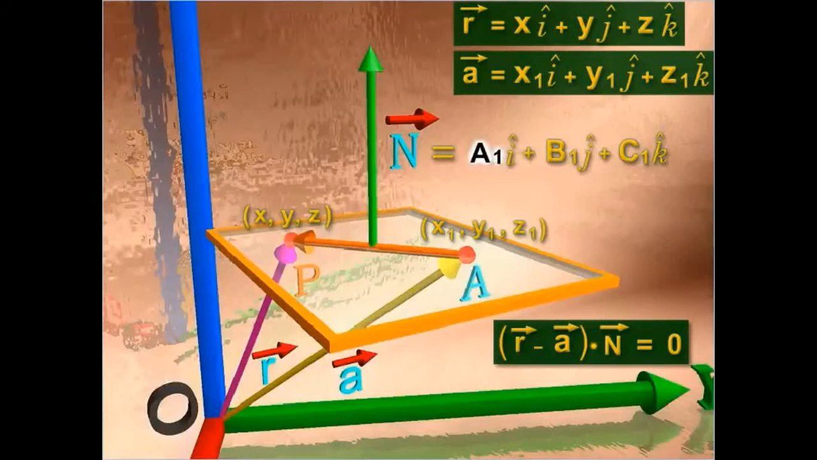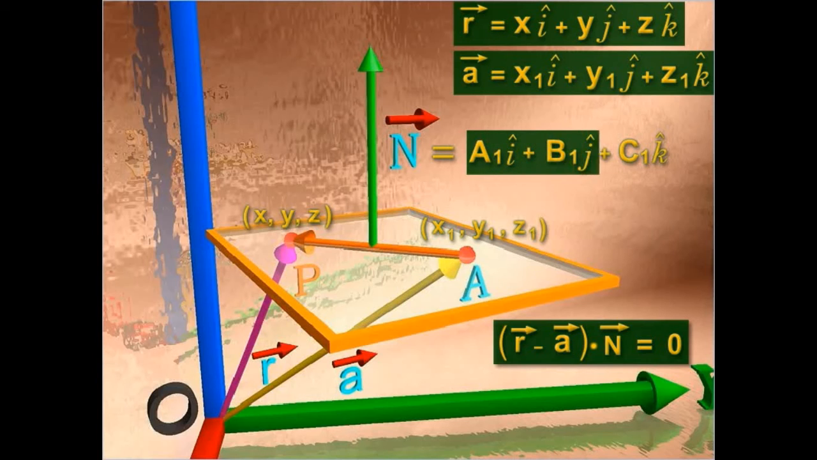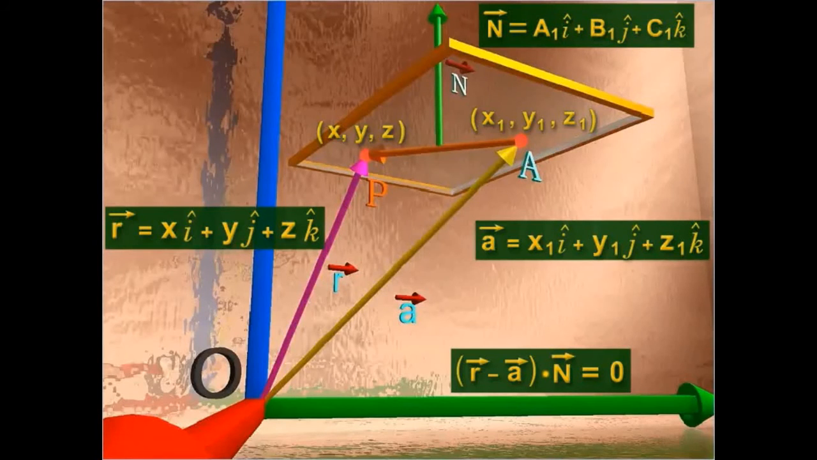If a1, b1, and c1 are direction ratios of vector n, then vector n can be represented as a1 i cap plus b1 j cap plus c1 k cap. Substituting the component form of vector R, vector A, and vector n in the vector equation of a plane, and simplifying further, you obtain the equation